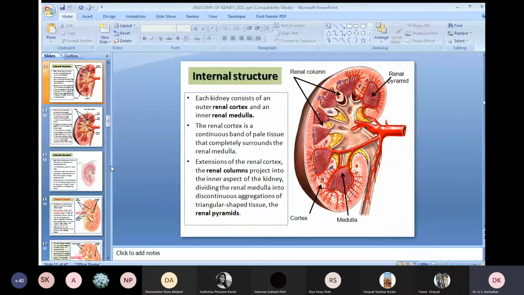Now, if you see this diagram, these renal pyramids are actually the ducts, a tubular system, which will bring the urine, and this urine will pass to this minor calyx, then it will go to the major calyx, and then to the renal pelvis, and then part of the ureter, and it will go to the urinary bladder. So this is actually the collecting part, the tubular part, which is seen in the renal pyramid, that we have to see.